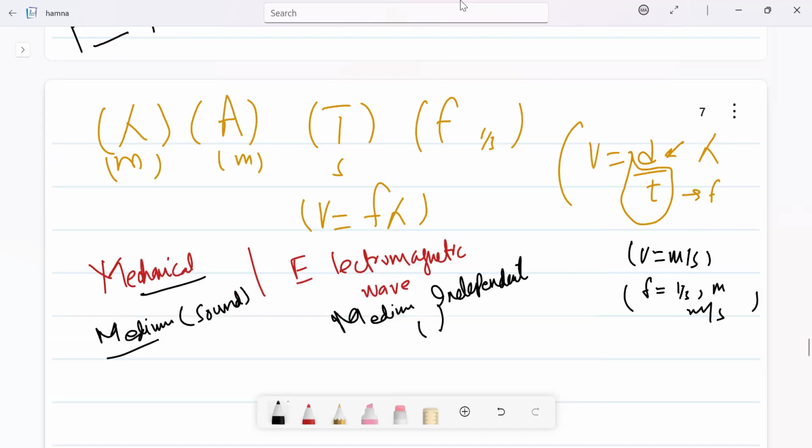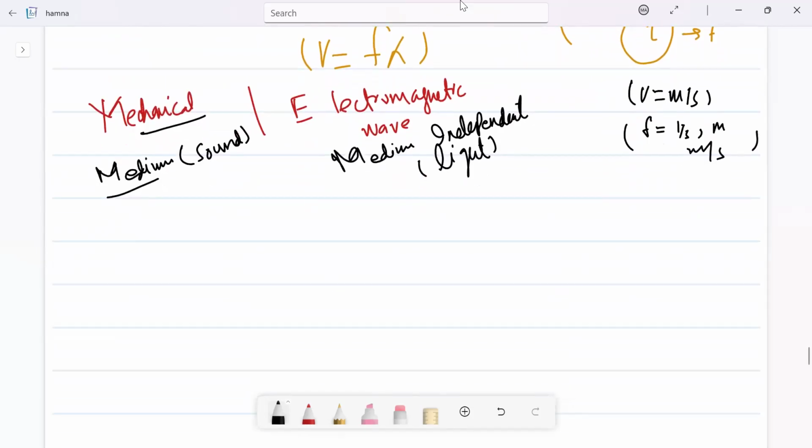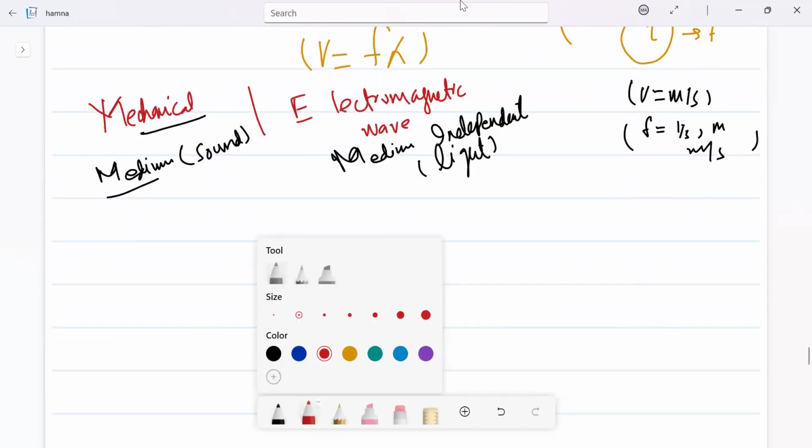Sound and light. Then the waves are further divided into two sections, and what was